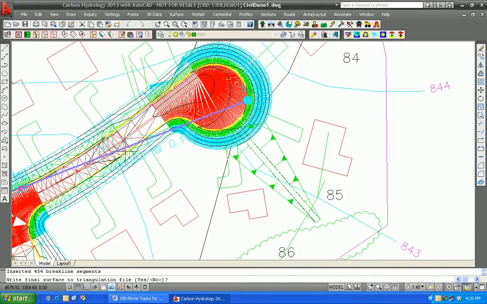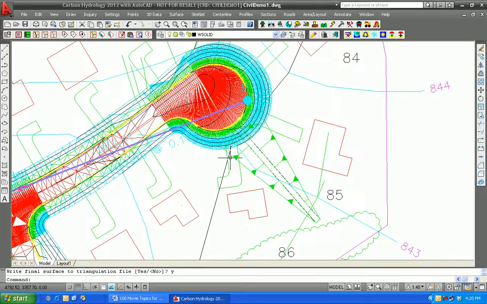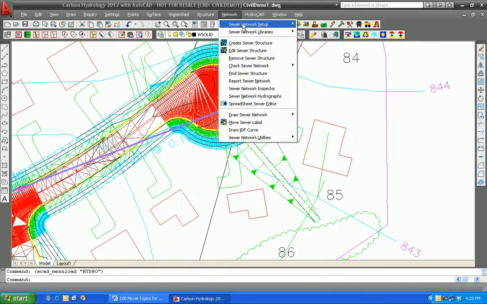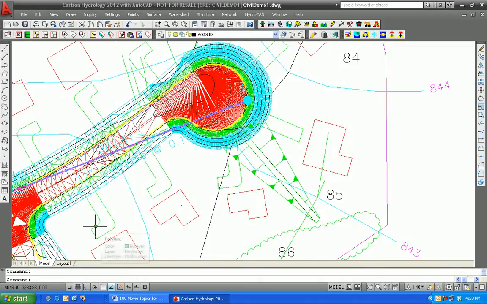Write final surface, yes, it's very important. And the final surface will be Civil Hydro swale. We'll replace the one we have. Now, going back to the hydrology module, go to the network pull down and make your surface file not Civil Hydro, but the swale version that we just made. So when we double click our way